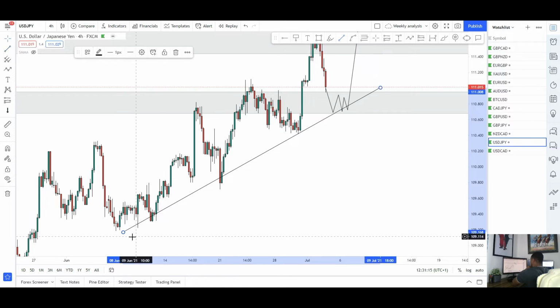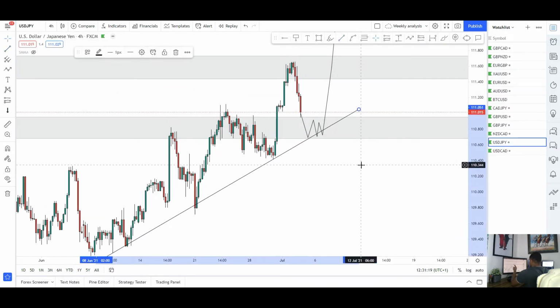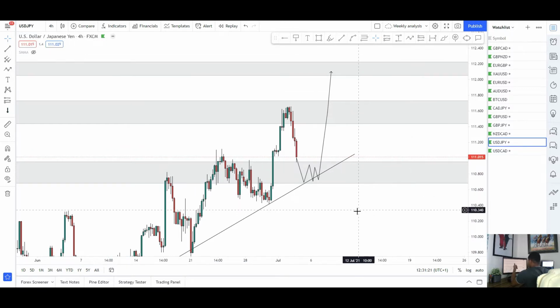But overall, the market for me is still very much bullish. So if we can get another test of that trend line, that'll be great as well, just adding to that confidence. But right now the market is still bullish. Big shift of bearish momentum, so I do expect to see the market fall to the downside a little bit further